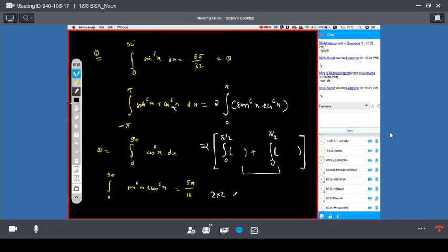So 2 into 2 times the integration from 0 to pi by 2 of sine to the power 6 plus cos to the power 6. Now you know, this we have calculated is 5 pi by 16. So 5 pi by 16 into 2 into 2 is 5 pi by 4. Got it. So that friend of mine who said 20 pi by 32, I had some expectation that he might come up with sir, no, 40 pi by 32. Okay. Sure. Got it.